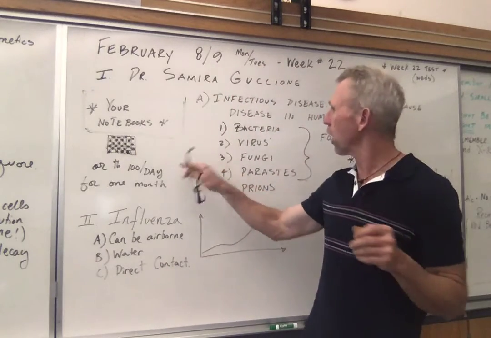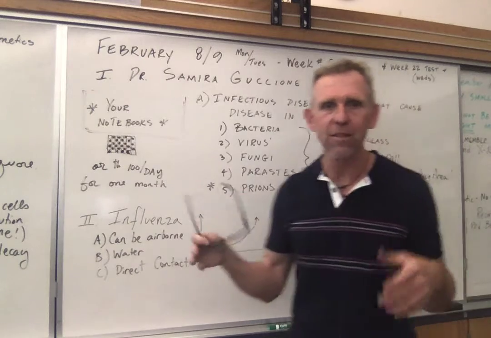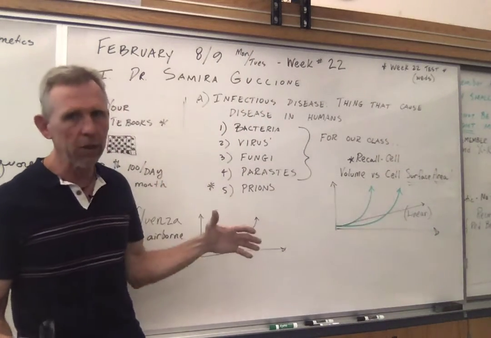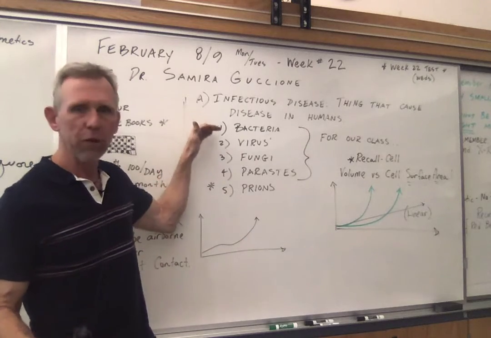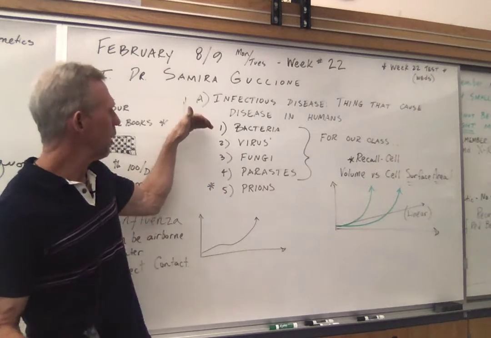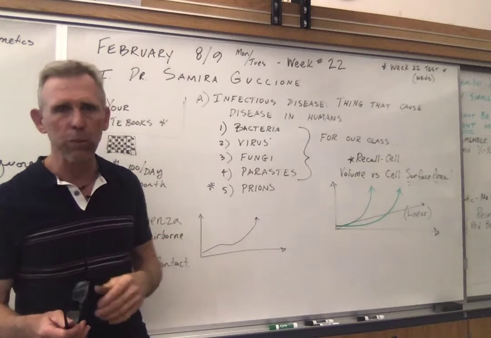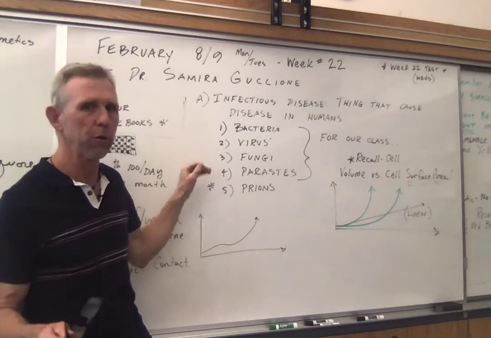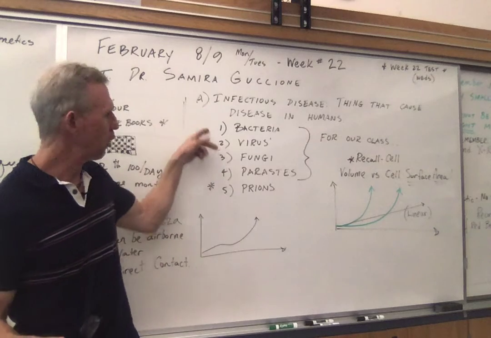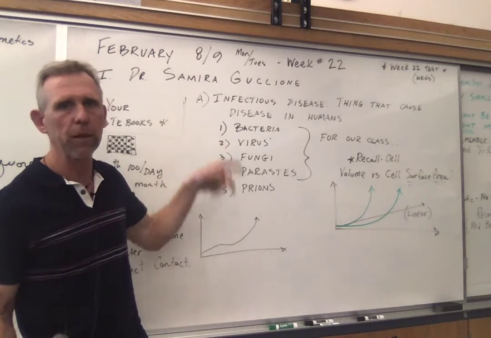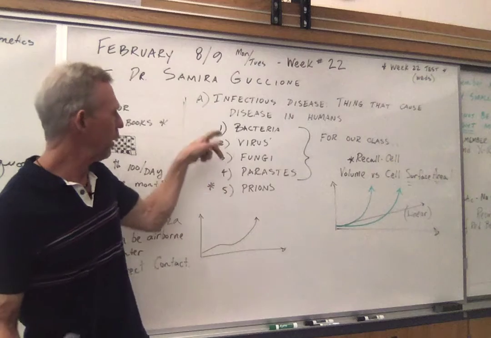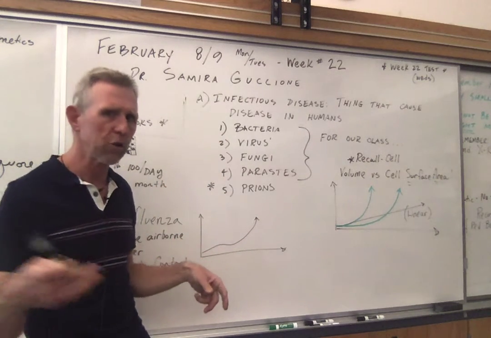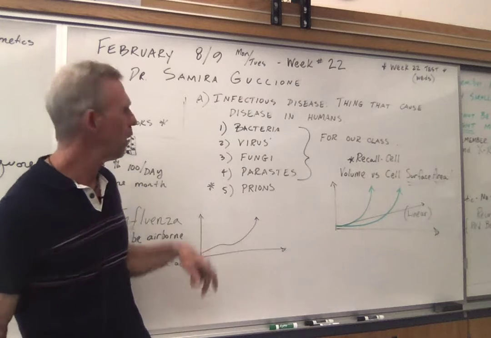So we started off with the infectious diseases, things that can infect you. In other words, if you look at the incomplete list up here of the things that can infect you in this world, the things that are trying to get inside your body and reproduce, bacteria, viruses, fungi, and parasites are the big four that we study in this class. Of course, we've talked about bacteria. We've talked about it in terms of, for example, the strep throat and all the bacterial infections you can get. Usually that's eubacteria, not archaebacteria.